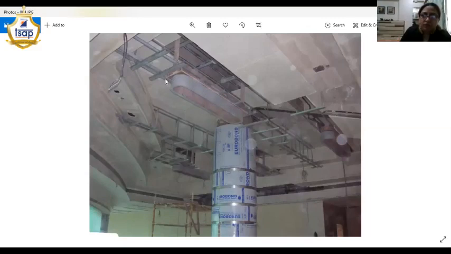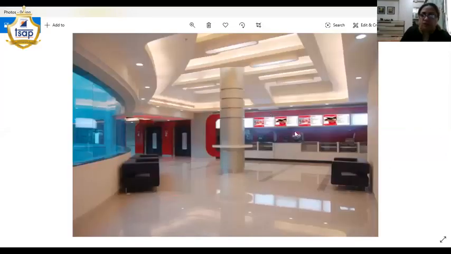So now you can observe how the wooden framework is done around that, and the rest of the GI framework is for the finishing of the gypsum ceiling, and only where the light fixture is supported, you can observe the wooden framework which is supported from the RCC slab. This is the finish photograph of that particular site. So that's all for now.